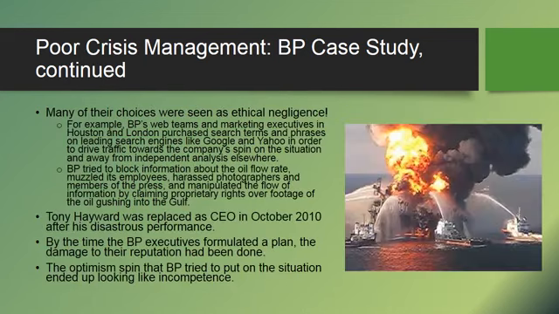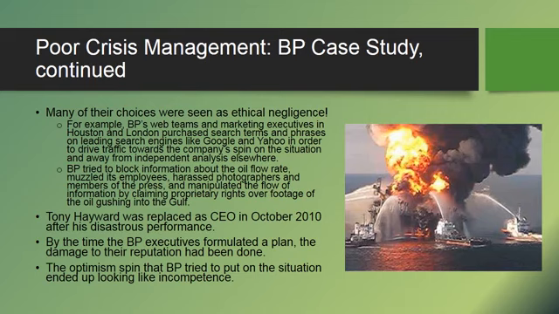Many of the choices were seen as ethical negligence. And that's, by the way, the picture of the oil rig burning for days. For example, British Petroleum's web teams and marketing executives in Houston and London purchased search terms and phrases on leading search engines like Google and Yahoo in order to drive traffic towards the company's spin of the situation and away